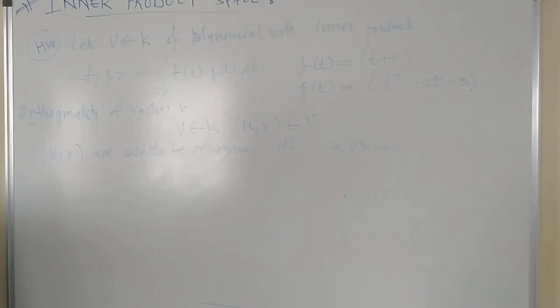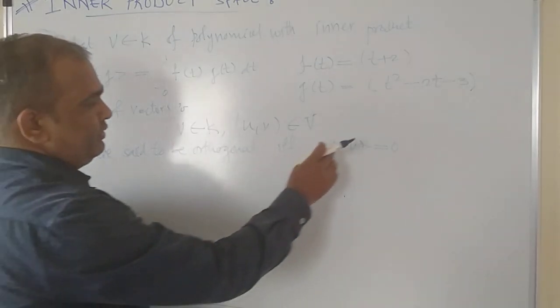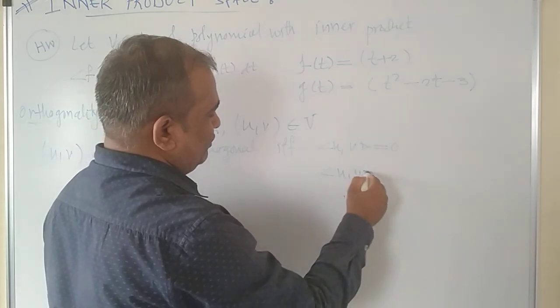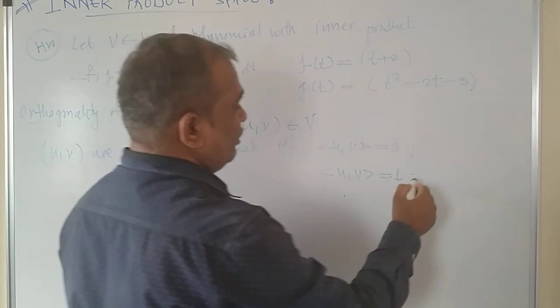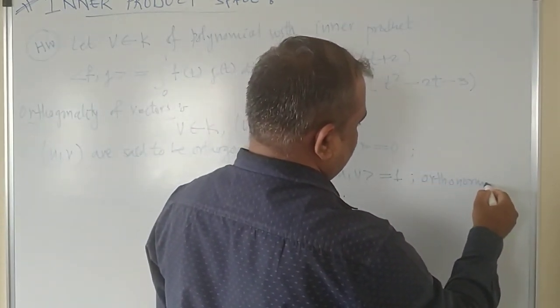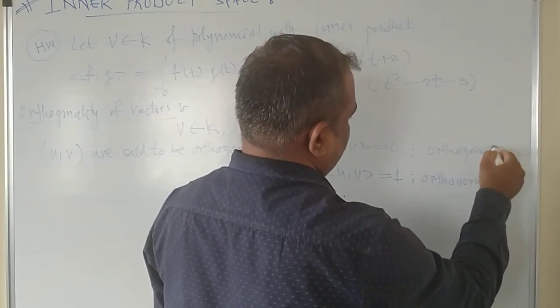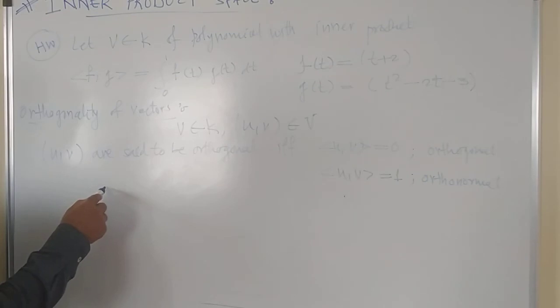There is one more term, it is called orthonormal. And what is orthonormality? I will give you the condition again. So this is the first case for orthogonality. If the inner product of the two vectors is not equal to 0 and it is equal to 1, then it is called an orthonormal vector, right? Orthonormal vector. This is the condition for orthogonal vector, right? So this is the simple case. So I will write it again.